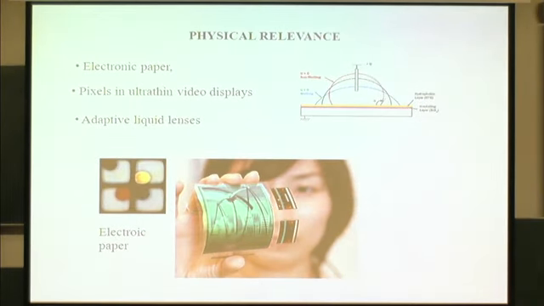Now the second problem, electrowetting. There are practical applications, for example, electric paper. Imagine that these drops are inside the pixel of some display, so you can activate or deactivate, you can create black or white just by applying an electric field. Or you can think of this drop as being some kind of lens, so by applying an electric field you can modify the optical properties of the drop.